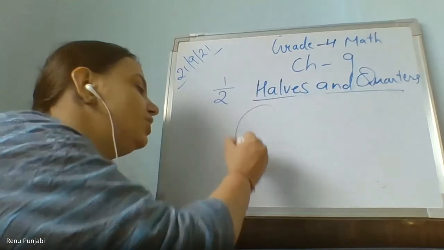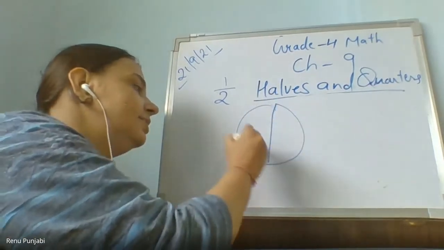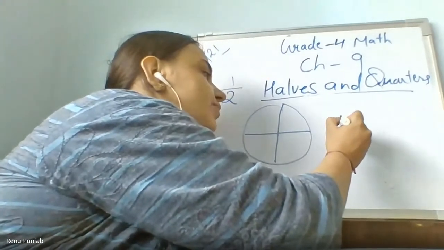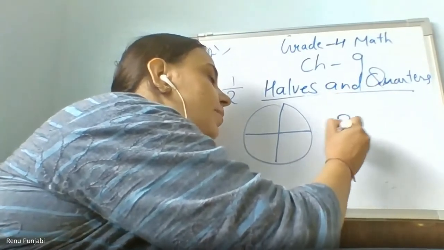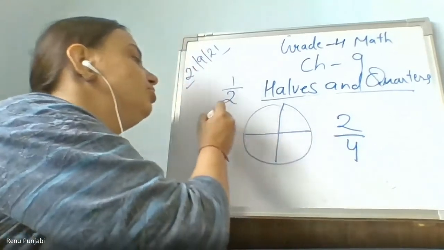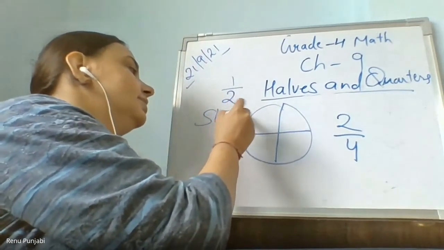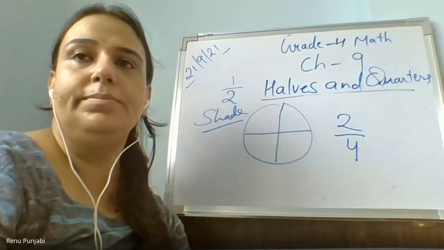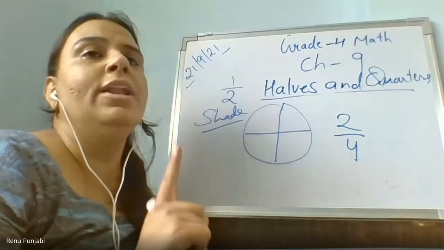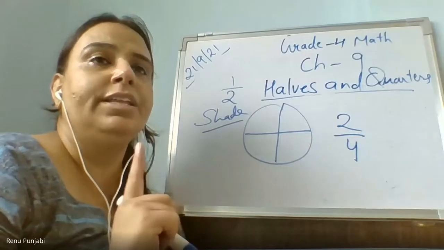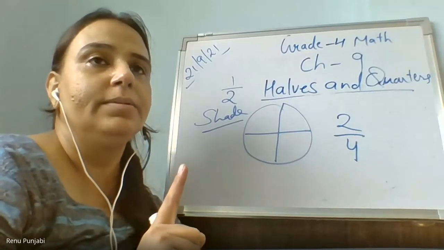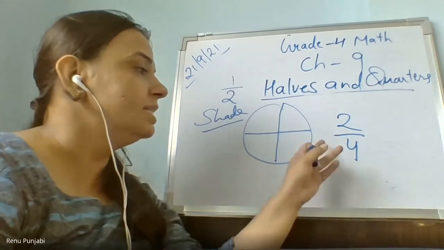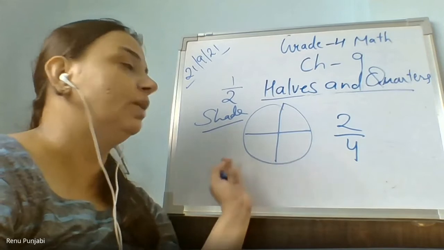Suppose now I am giving you a figure and here this is done. And now I am writing here 2 upon 4 and I am telling you to shade the part according to the given fraction. How many parts will you shade? Ma'am, 2 parts. Yug will not speak. Yug is not having the class discipline. This is the fraction. According to the given fraction, you have to shade the parts.